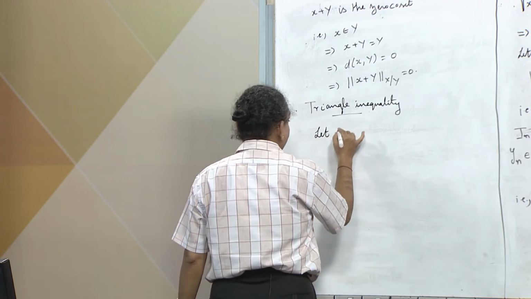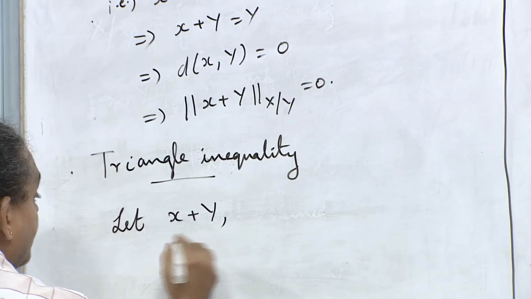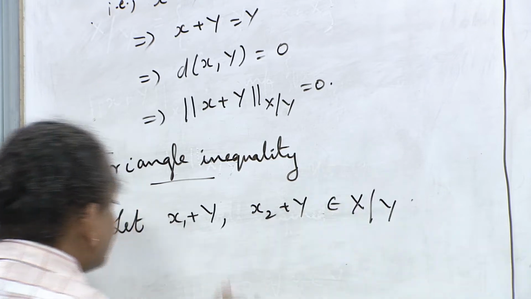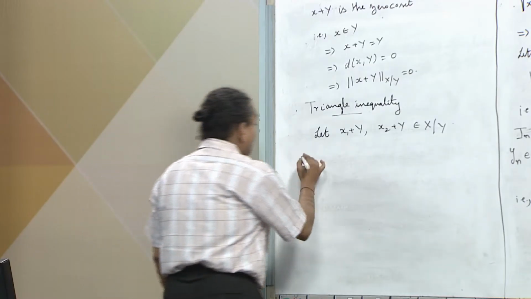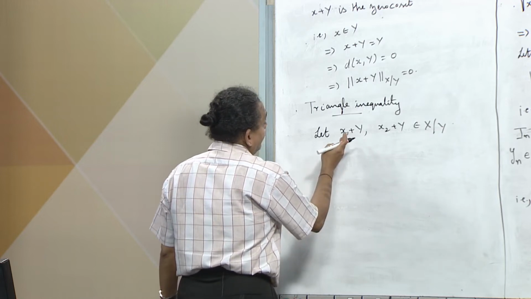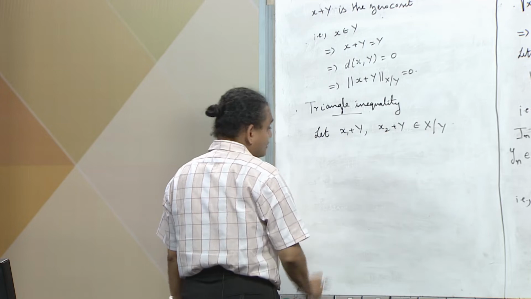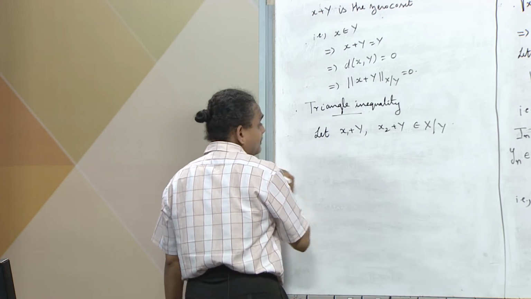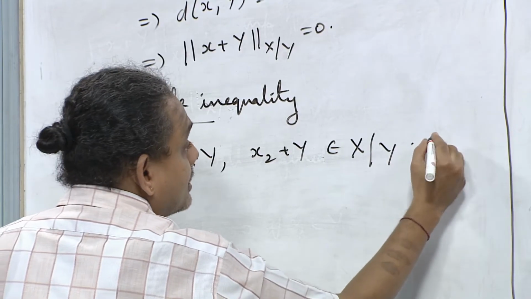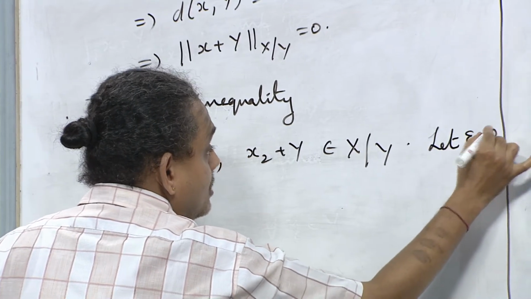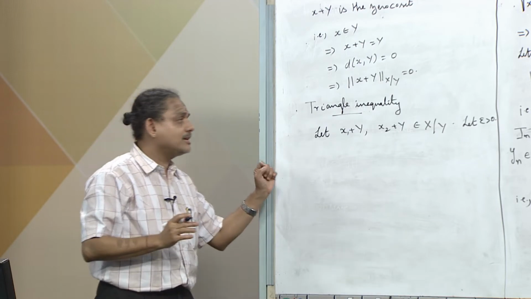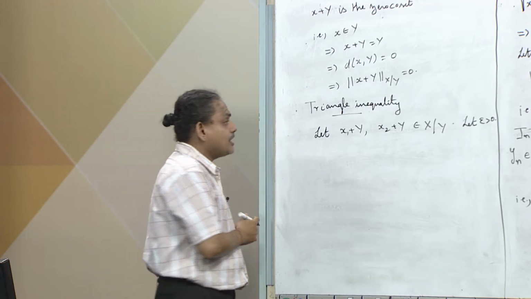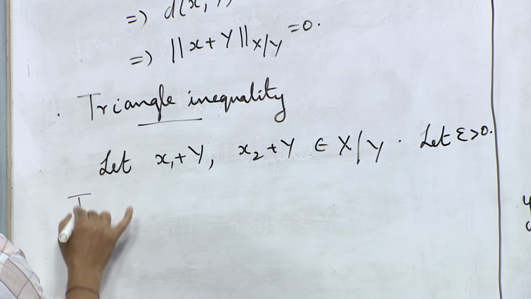Let x1 plus Y, x2 plus Y belong to the quotient space. So, what we wanted is the norm of x1 plus Y plus x2 plus Y is less than or equal to the norm of the first one plus the norm of the second one. So, as usual, we are going to make use of the classical trick. Please observe this, this is one of the important ones. Whenever infimum appears, this is the trick that we are going to make use of. So, start with an epsilon positive, then